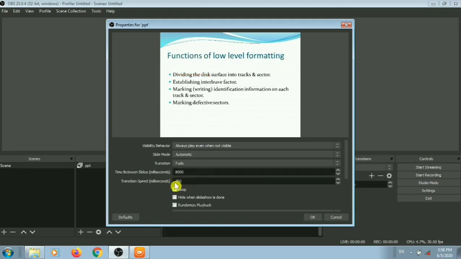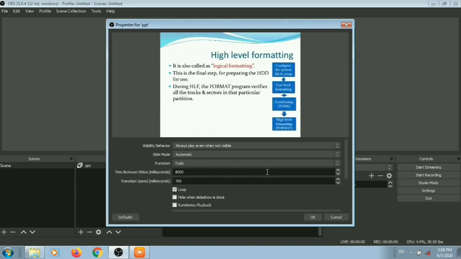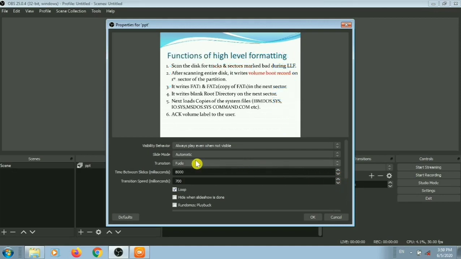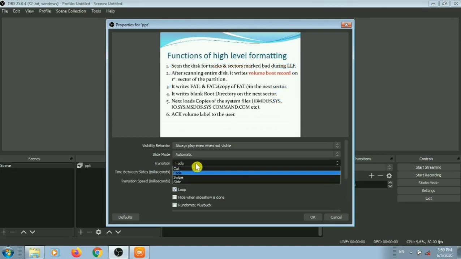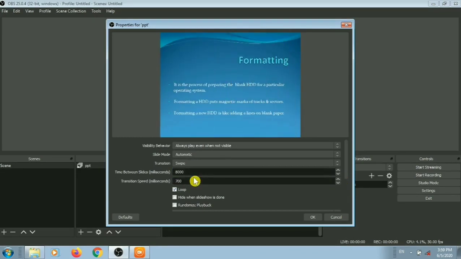This is the transition speed. We can change the values of the time between slides and the transition speed by using the up and down keys. This is the transition effect. Different transition effects are available: cut, fade, swipe.